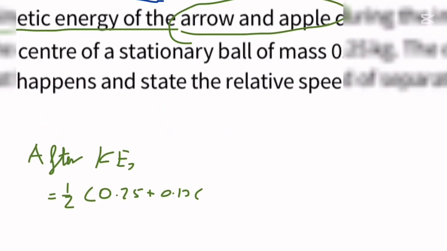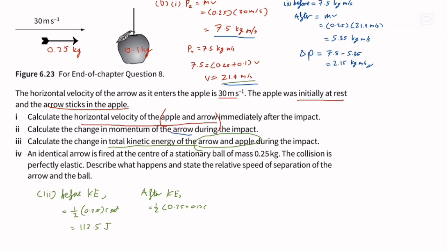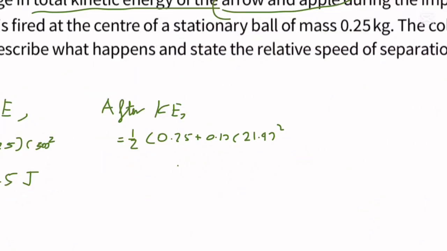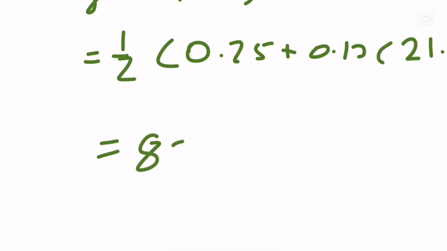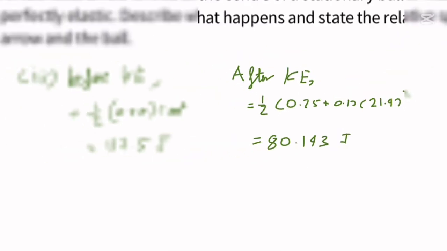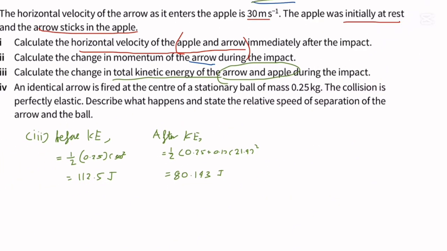So total velocity, we'll use this again, 21.4 squared. So if we calculate it in the calculator, we will get about 80.143 joules. Okay, so now to find the change in kinetic energy,